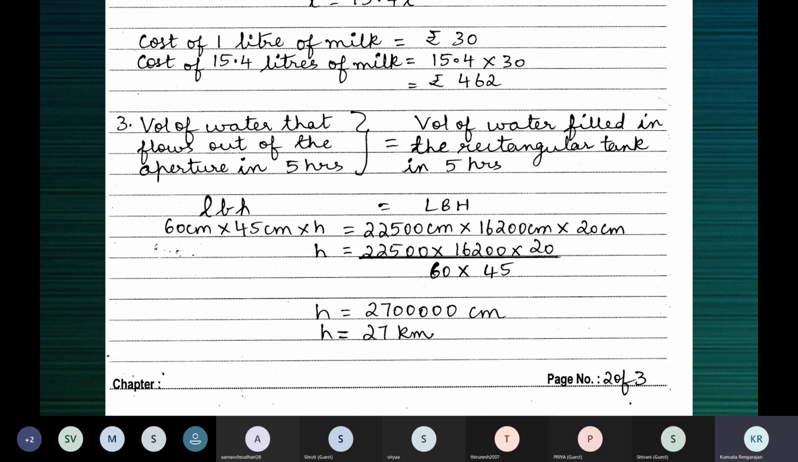If you can write this in words, it will be easy. The volume of the water that flows out is equal to the volume of the water that is filled. That's all. Next, after this,